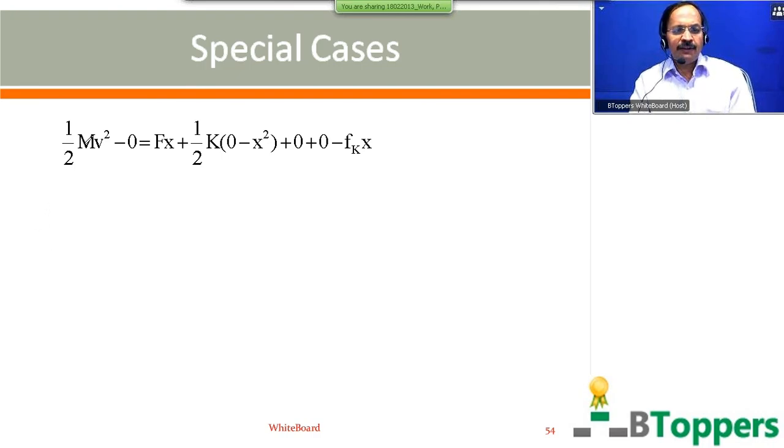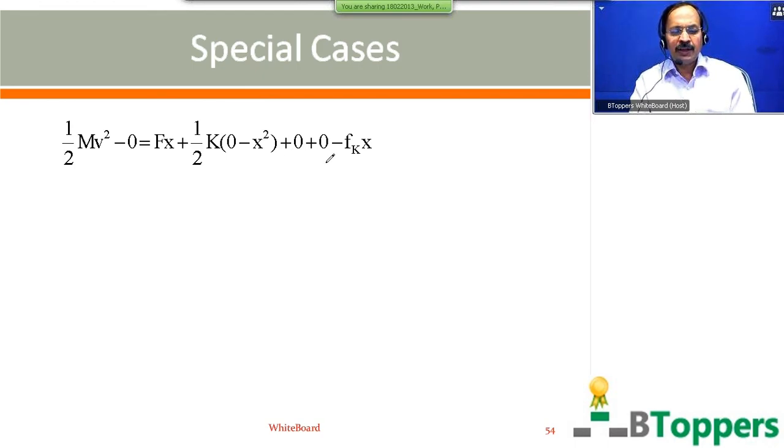So delta K, you can write, half mv square minus 0, if it is initially at rest. V is the instantaneous velocity of the block after the spring is stretched by distance x from the natural length. Work done by the constant force applied on the block, you can write F into x. Work done by the elastic force by the spring, as explained, when the spring is stretched by distance x from its natural length, will be minus half kx square. Work done by gravitational force is 0, work done by normal reaction is 0.